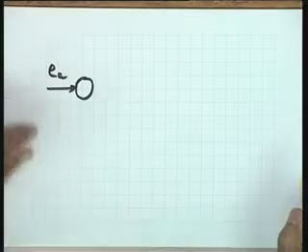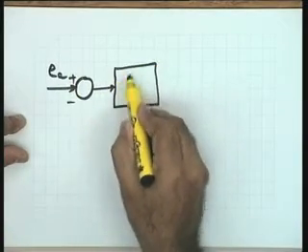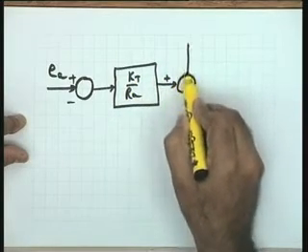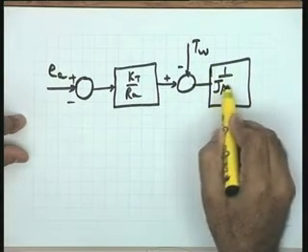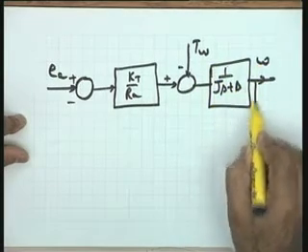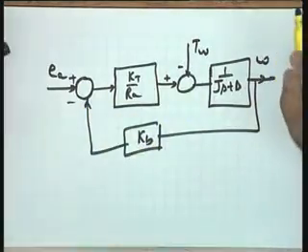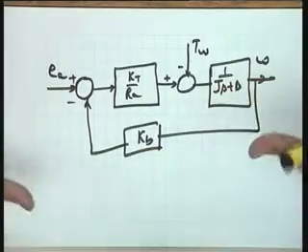EA does not matter, I can put the variables in this form as well, plus minus Kt by Ra, plus minus Tw, 1 over Js plus B, omega, Kb. Please see that this is the block diagram model for the motor, and I can place this model in the overall system model to get the closed block diagram model for the speed control system under consideration.